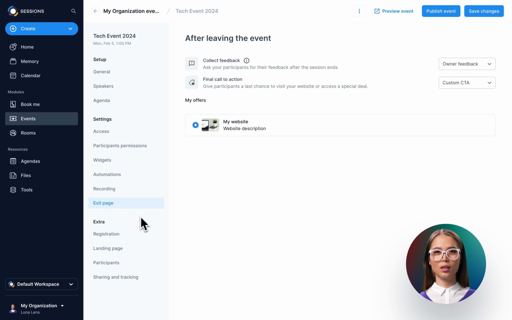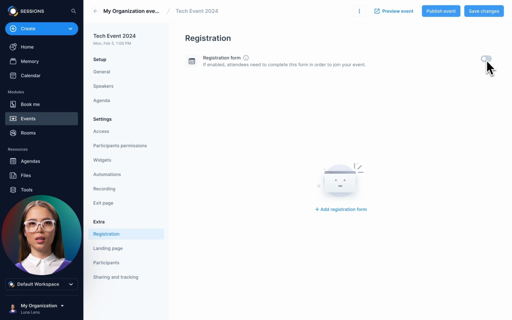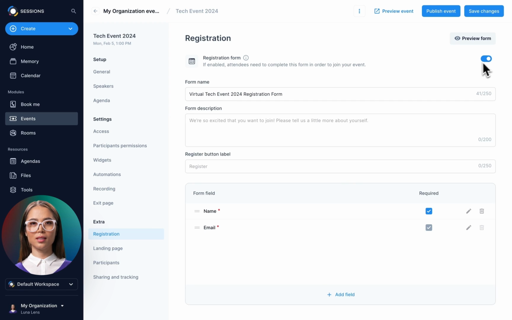Now that we've shaped the final moments, let's talk about the registration form. This is where your participants introduce themselves. The registration form is enabled by default. However, if you prefer not to gather additional information, you can toggle it off. Let's leave this on. The default form name is added, but feel free to change it to something more fitting